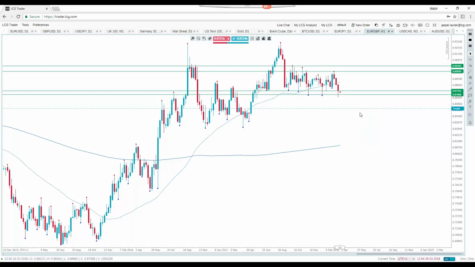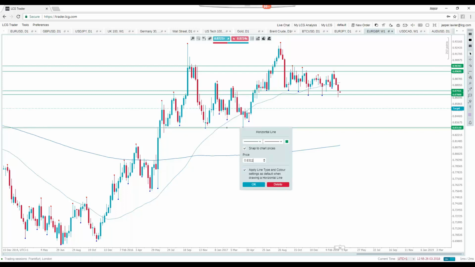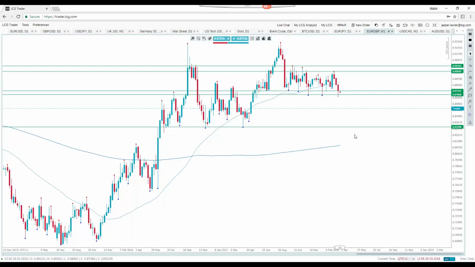A close for the week through 87 opens up some pretty huge declines, potentially down to sort of the 83s in essence. 83.20 you could maybe call it, to capture some of these lows. But that could be a relatively big drop should we break out of this trading range. Because we had such a strong rally in the euro, there isn't much to stop it before we get down to 83.